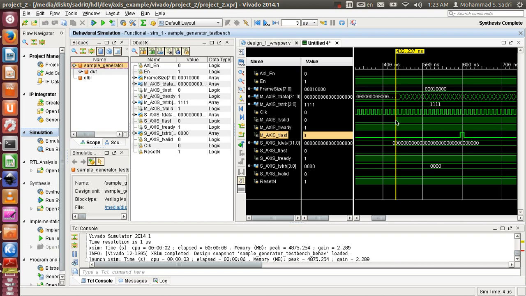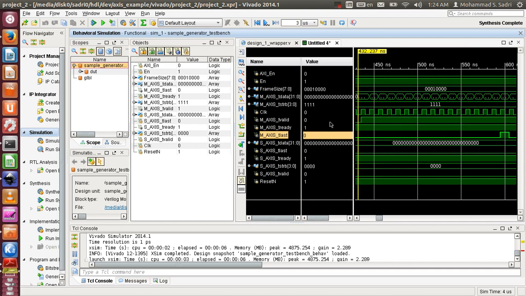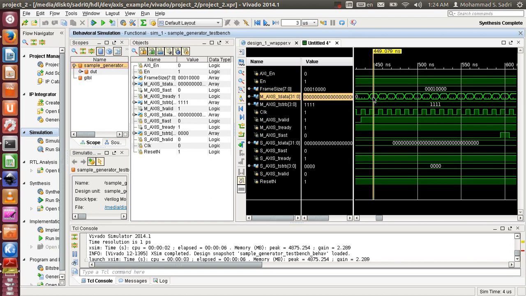So t valid, t ready. When I look at t ready, what I see in this duration is that t ready is always equal to 1. I don't see any change. So practically I will be counting, in fact, this is the first clock cycle. If you look at t data, you see the first clock cycle is happening. T data has been 0 here, it has got 1 here. First clock cycle,